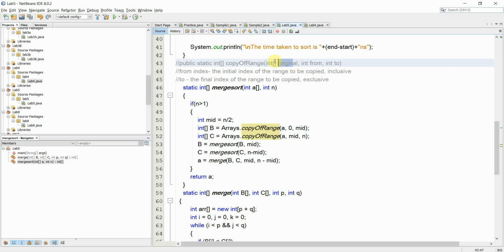The first argument is the array, the second argument is the initial index of the range to be copied, inclusive. Understanding these parameters is important. Then the to index is the final index of the range to be copied, exclusive: the last index is not copied, only up to the last index minus 1 is copied. We will look at this exactly.